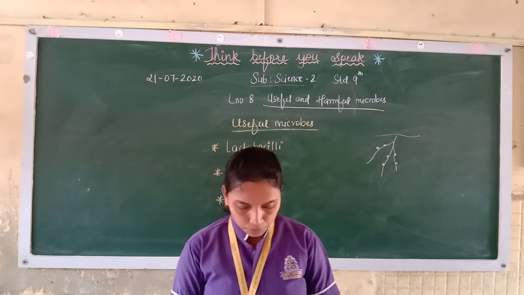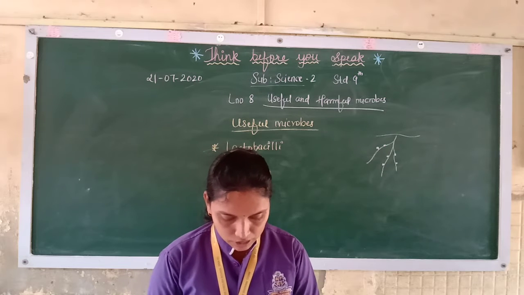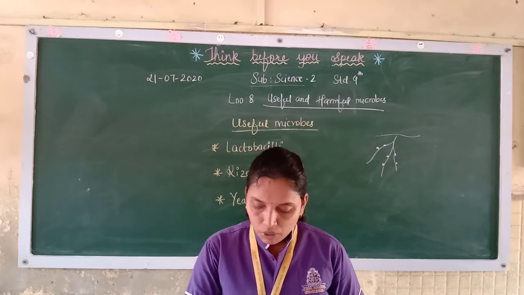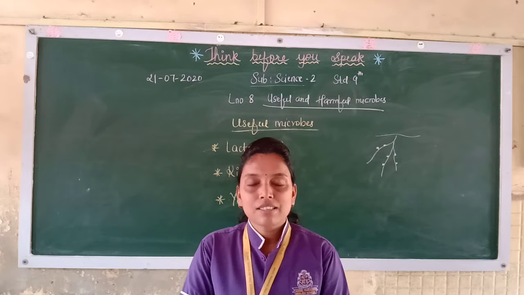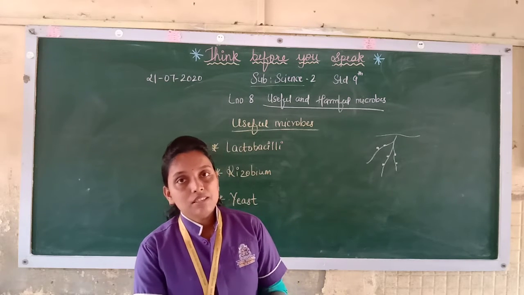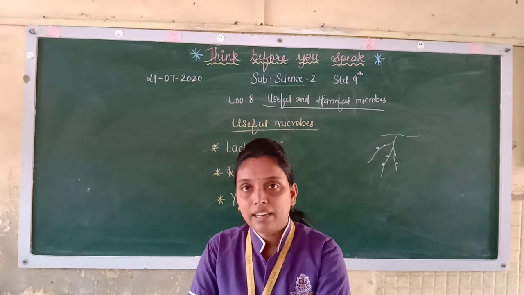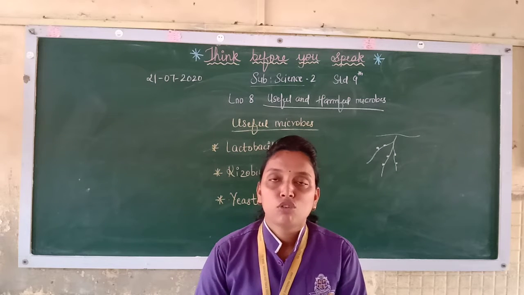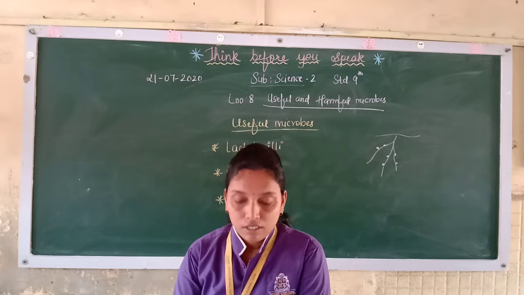Further, how is yogurt made from milk? What exactly happens in this process? Now see, the lactobacilli convert lactose, a sugar in the milk. Milk is sweet. It has a sugar that is known as lactose. These lactobacilli convert that sugar lactose into lactic acid. This process is called fermentation.